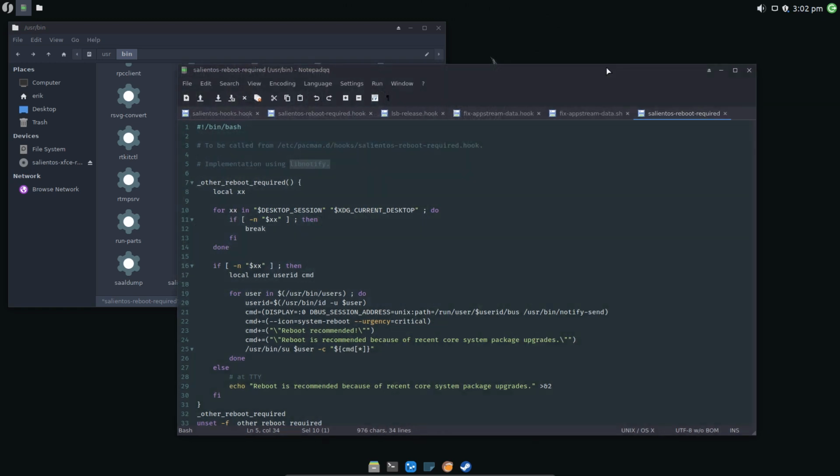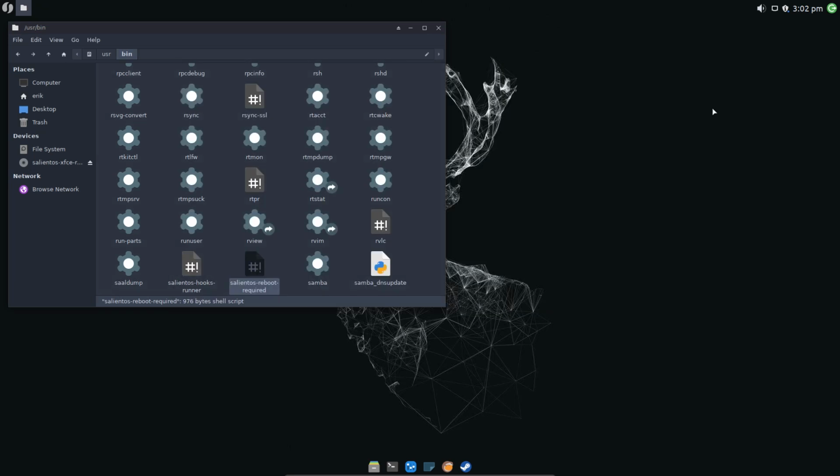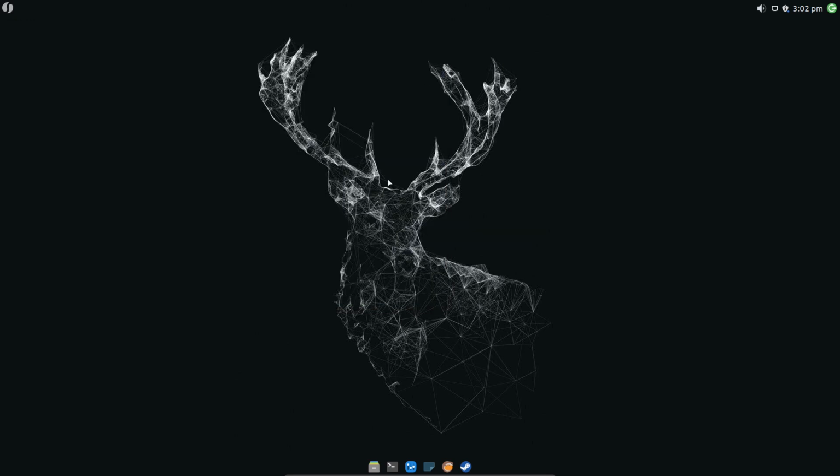We have something similar, but inside the terminal. This is an extra pop-up. Where's that application? Commands. Here, no, there it is. Notify send. So it's using the application notify send to tell you, hey, it's time to reboot. All right. Shall we have a look what it looks like?